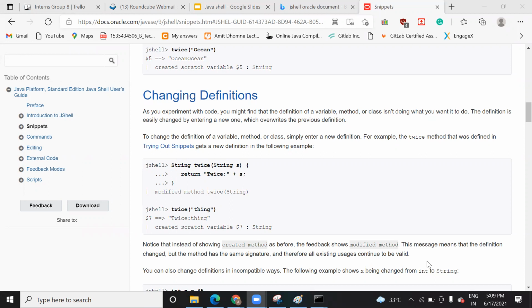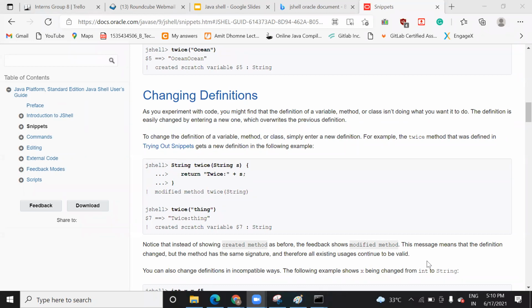You can come to know about what is JShell, how you can run several methods, how you can create them. So why do we use JShell here? Because in a company, suppose you are working as a junior developer, or even if you are a senior one, in order to check a method you don't need to run Eclipse every time.